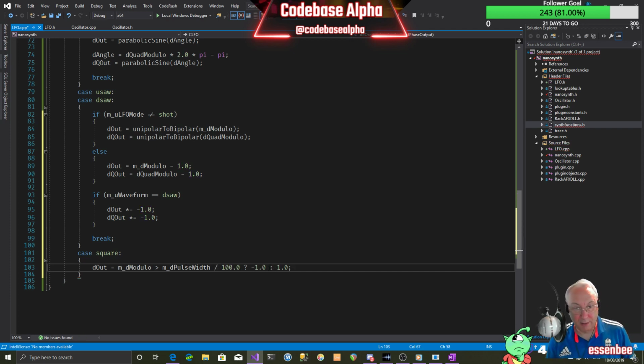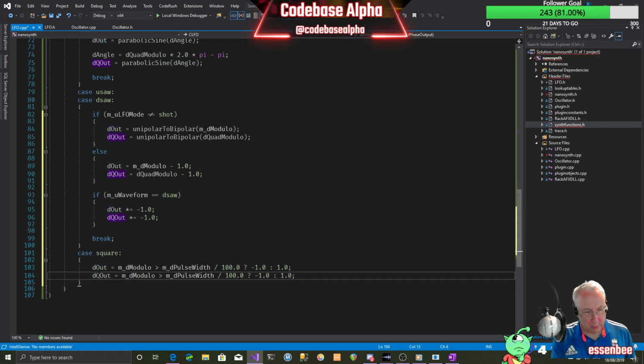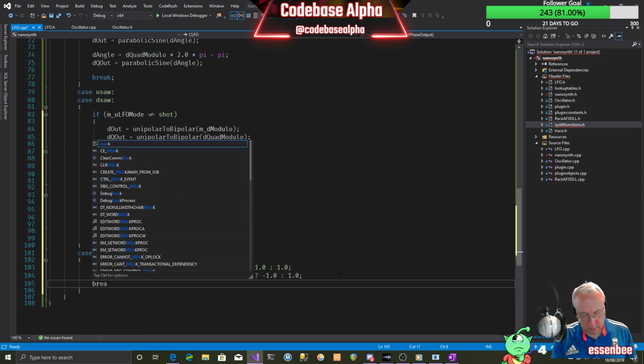So that is obviously the definition of a square wave. It's either +1 or -1. And we can do the same with our quad outputs. So we'll replace that with that, and then we can break,